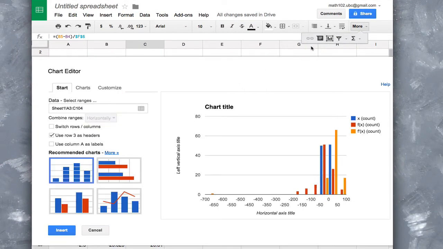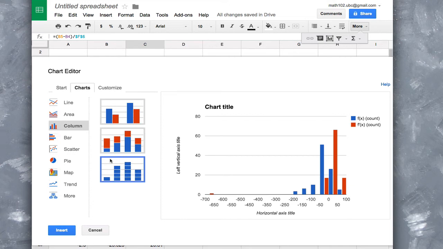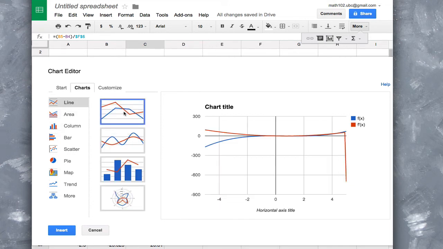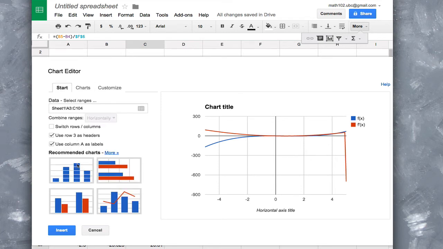So here I click on the little chart tool and choose, I want to use column A as labels, and I want a line graph. So here we get a line graph. That one looks great. And now it's automatically plotted both f and f prime. So we can change that